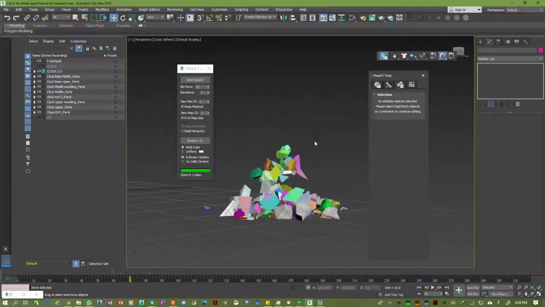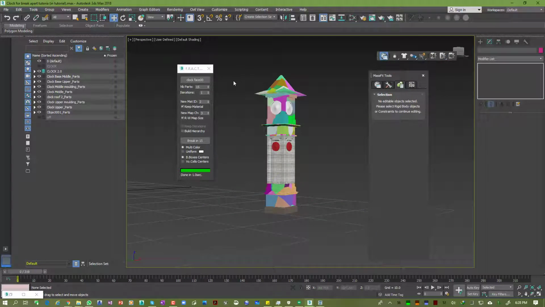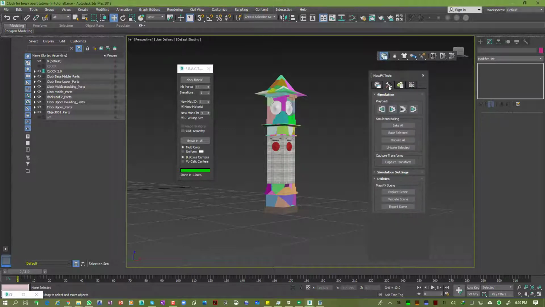And that's the way how it kind of falls like that, and that's pretty cool. Okay, now I'm gonna hit back. Now what you have to do now is to bake this animation, and baking is simply saying that we're going to create keyframes. Okay, so to begin the baking process, all you have to do is go up here to simulation, and we're going to choose bake all, and when we hit that, it's going to create keyframes for this